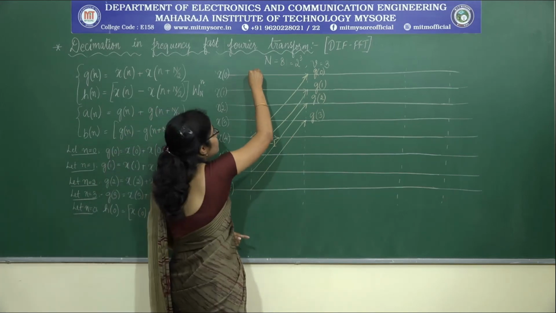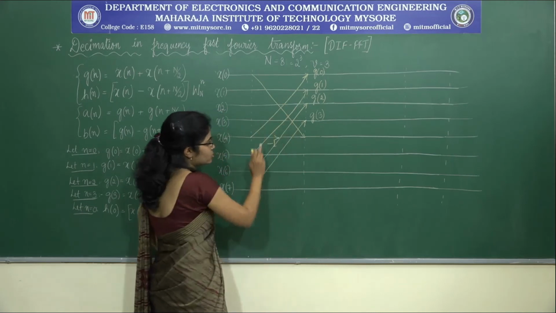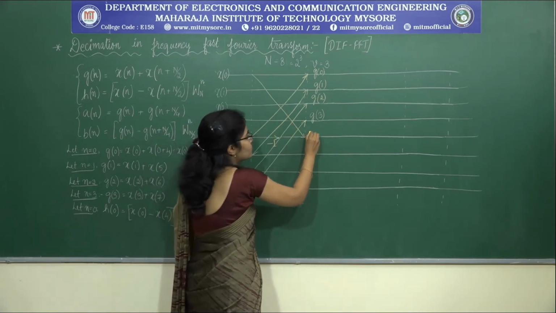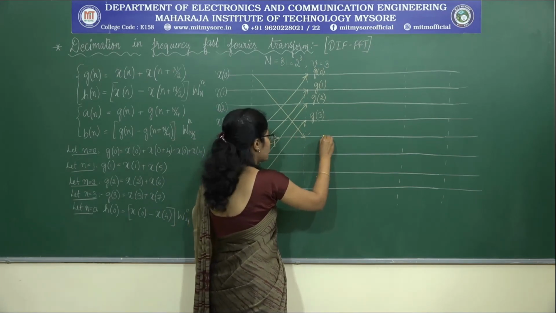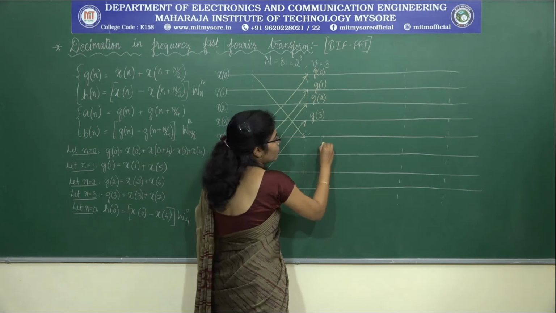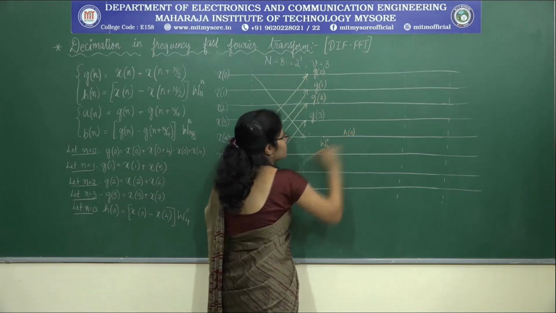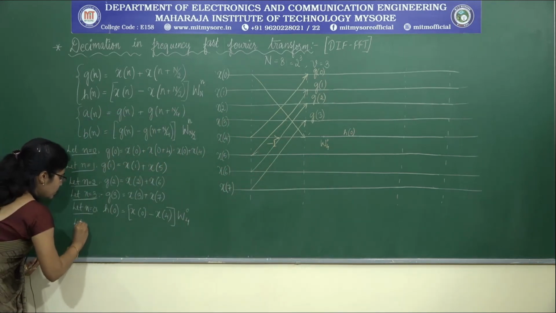For that, what do I need to give? X of 0. From this branch we are getting x of 0, and from this branch we are getting minus x of 4, which gives us h of 0. Before that, what do I need to do? I need to multiply by omega 4 power 0. After multiplying this, we get h of 0. Clear? Similarly, when n is equal to 1,